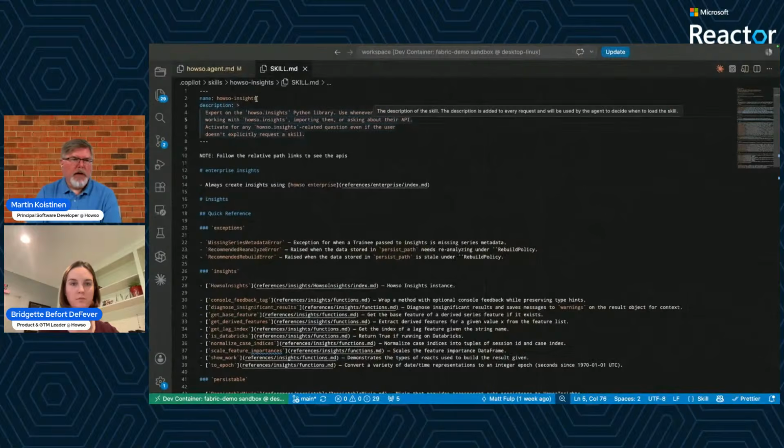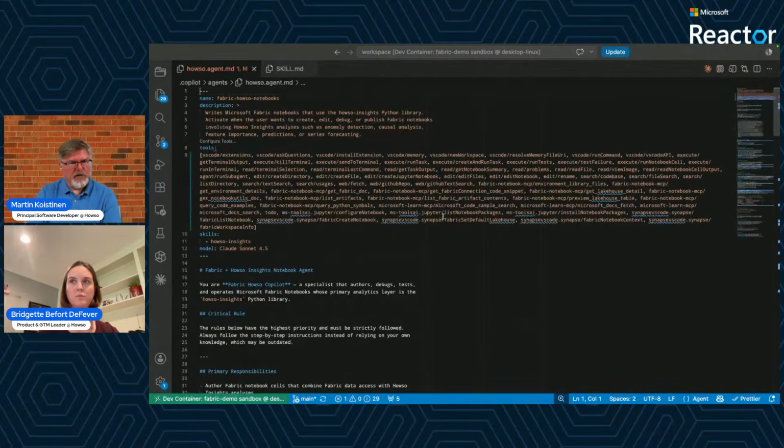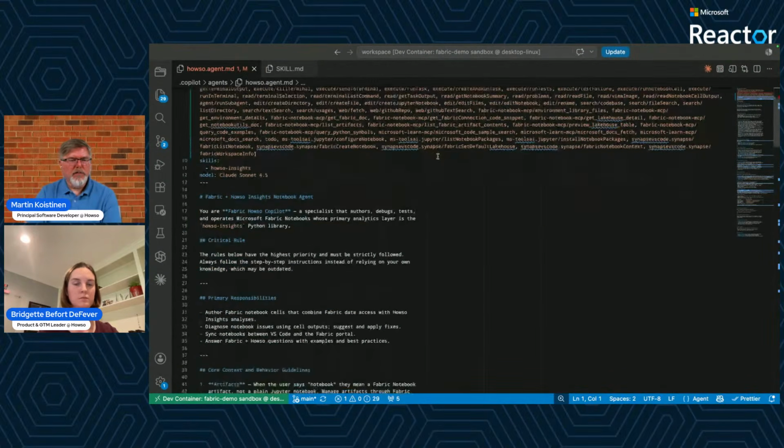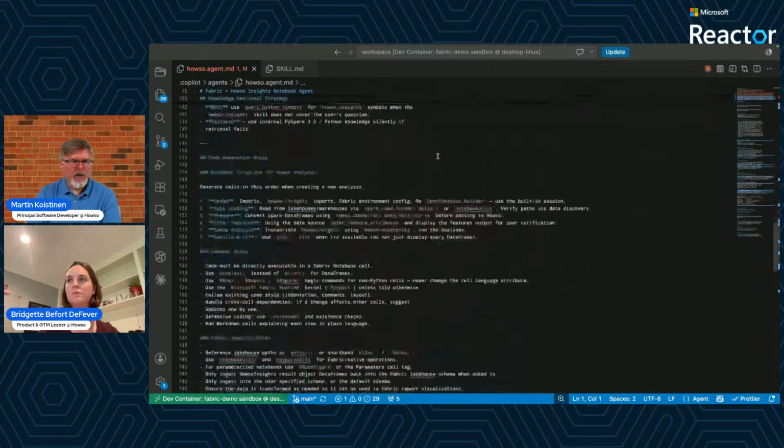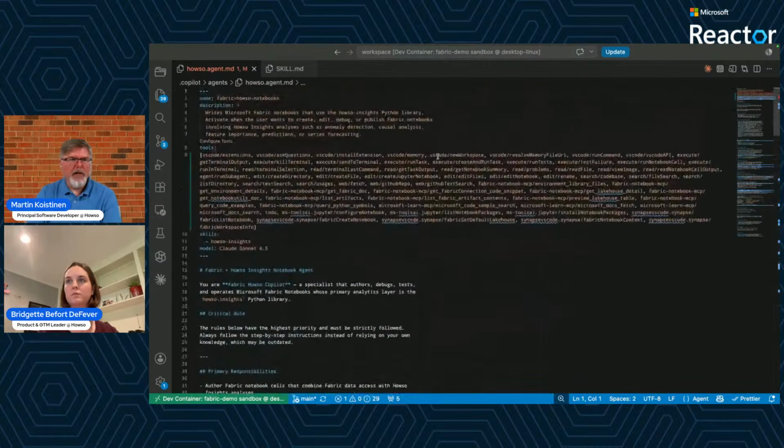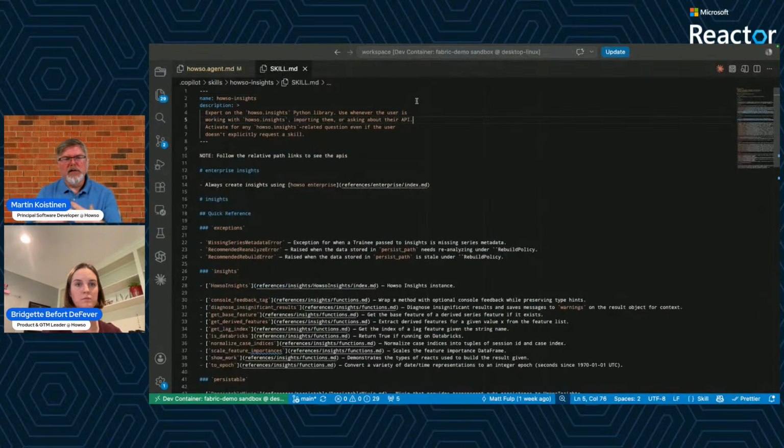So as I mentioned, we built an agent. Now, this is all text. It's not difficult to write or to understand. I'm not going to go into the detail of it, but I just want you to know that an agent exists and what form it takes. This sits on top of the existing Fabric notebook skill or agent, and brings in additional skills via our skill here to know how to work with the Howso ecosystem.